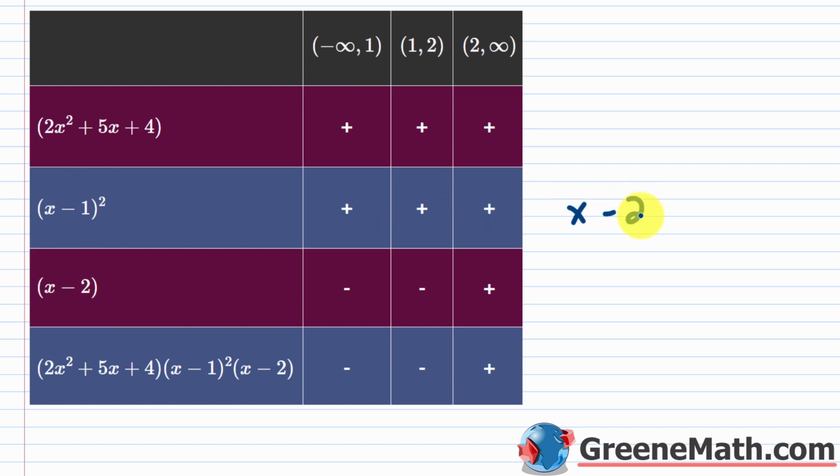So if you have something like x minus 2 is greater than 0, add 2 to both sides of the inequality. That cancels, you get x is greater than 2. So x needs to be greater than 2 for this to be positive. So in this interval, it's negative. In this interval, it's negative. And then here, where we're greater than 2, it's positive. So if you look, you have positive, positive, negative, so that's going to give me a negative. Positive, positive, negative, that's going to give me a negative, and then positive, positive, positive, that's going to give me a positive. We're really only going to say that the answer here is where x is greater than 2